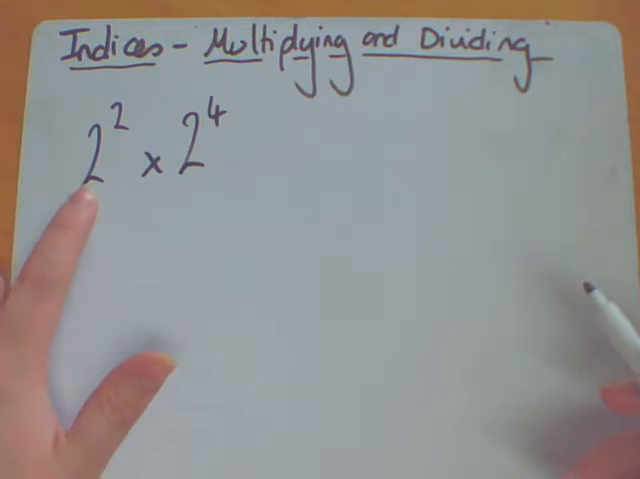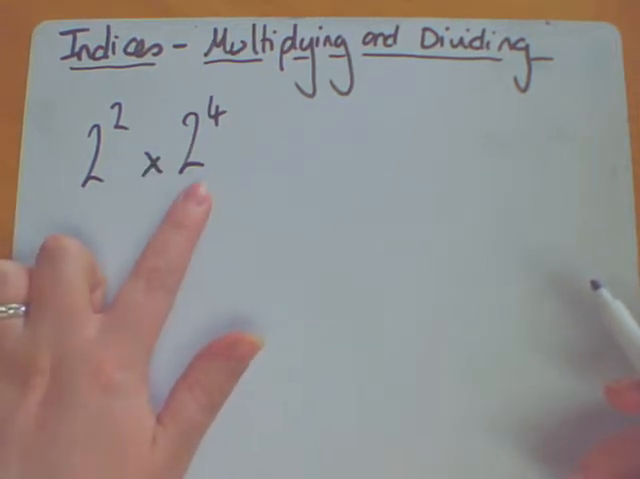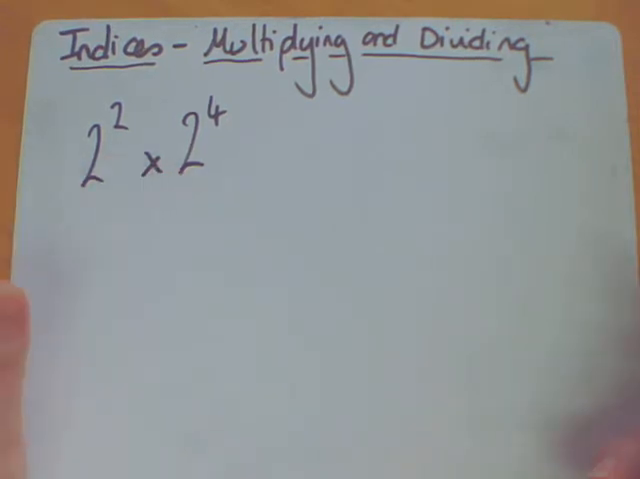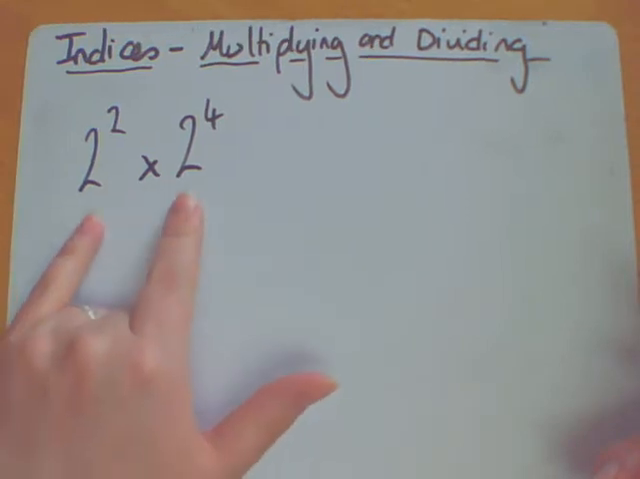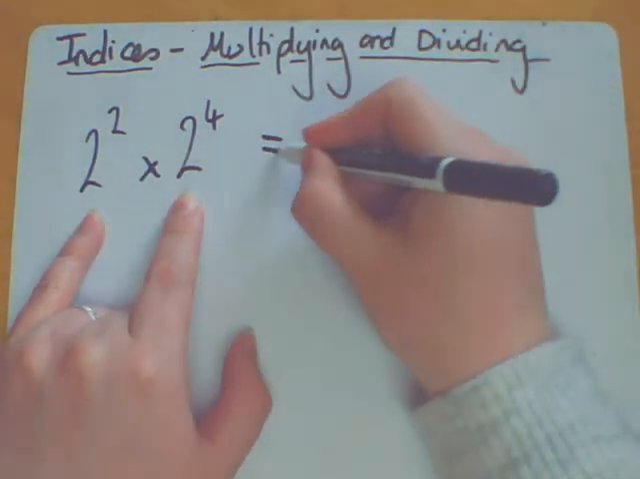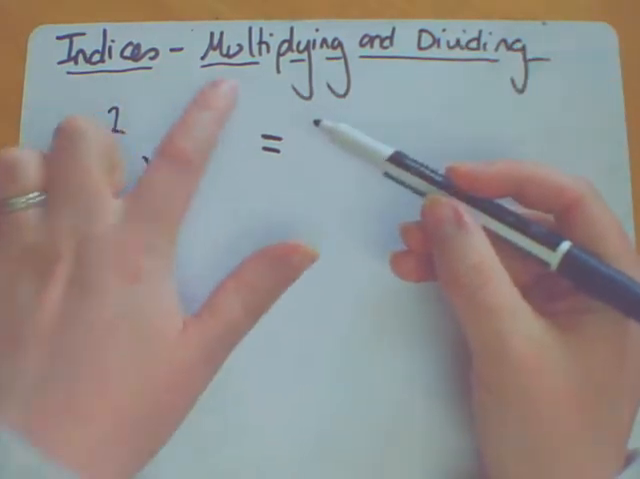Now it's really important that these base numbers have to be the same. If they're not, you're either going to have to change them or you can't do the question. It's that simple. So we're going to leave these in index form. If it says evaluate, it means actually work out an answer. So if we take this one here, the rule for multiplying is that I'm going to add these two indices